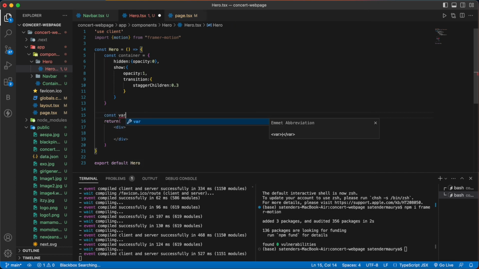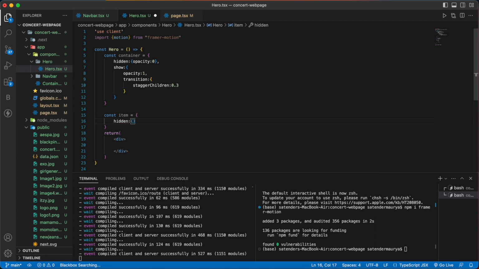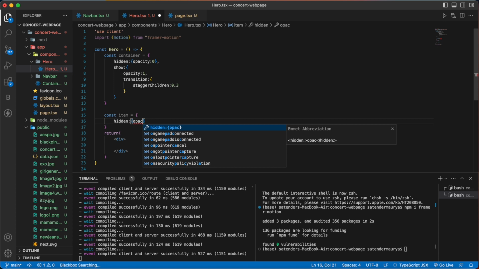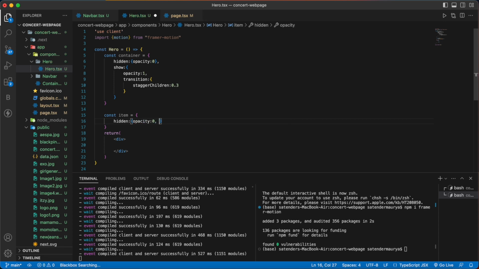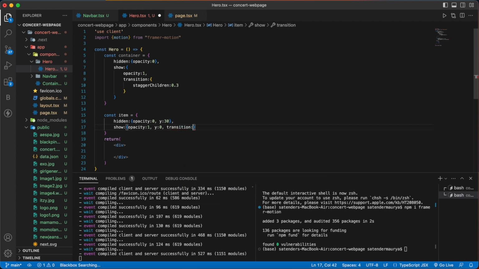define one more variant here. So this will be item, and it will have hidden, which will have opacity of 0, then it will be in the y direction of 30. Let's add a comma here, and then show. It will have opacity of 1, and then y 0, and then it will have a transition type smooth,